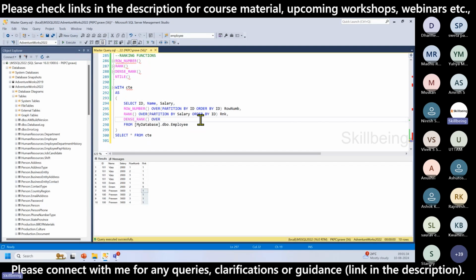This is also the same: over partition by, I'll use salary, then order by ID. I call this dense rank. Okay, if I execute this,